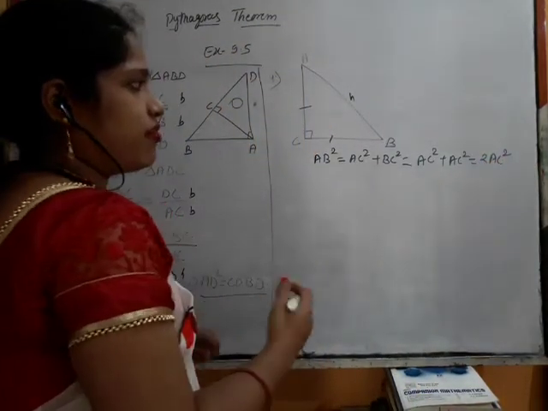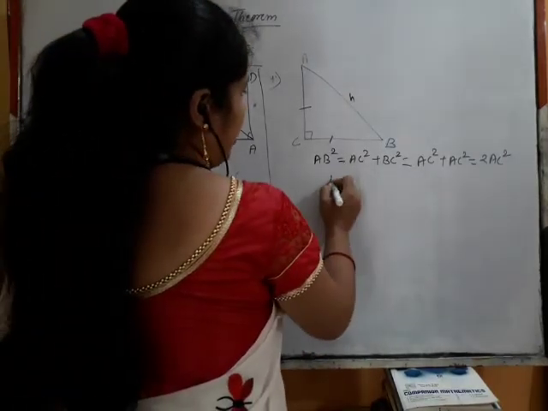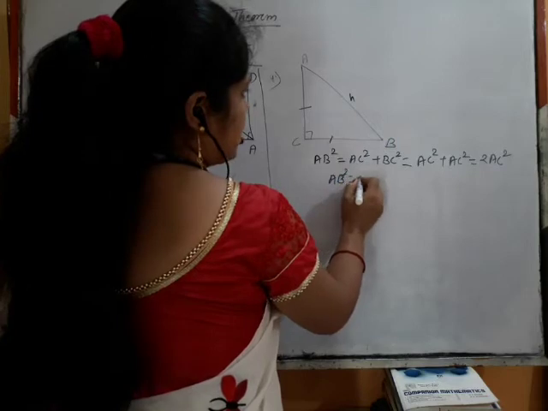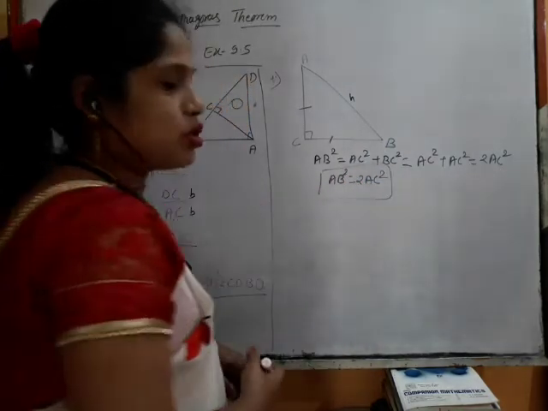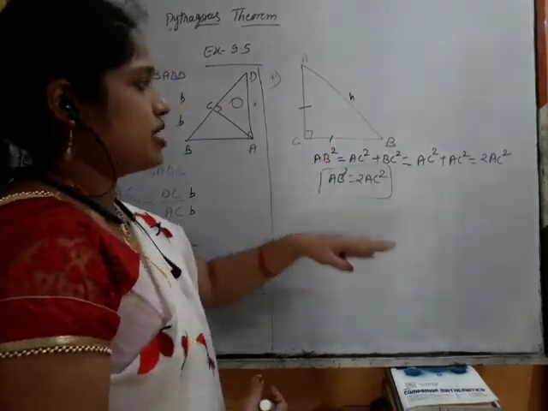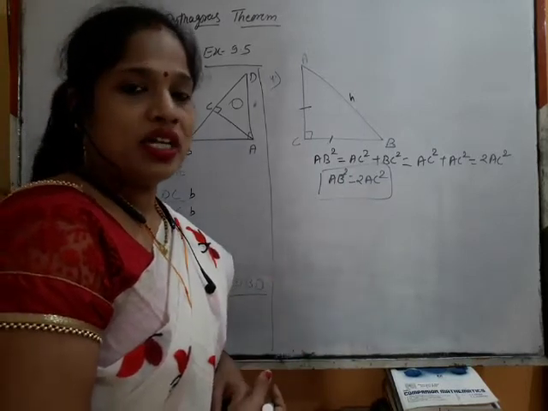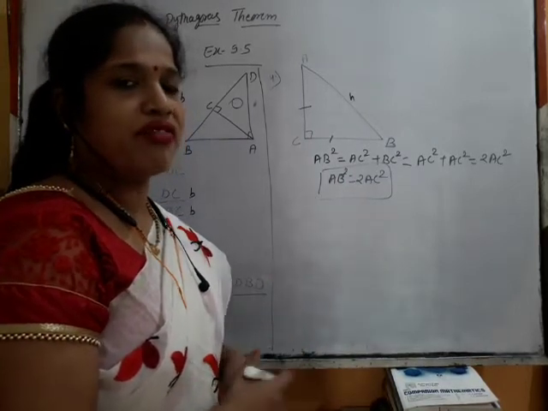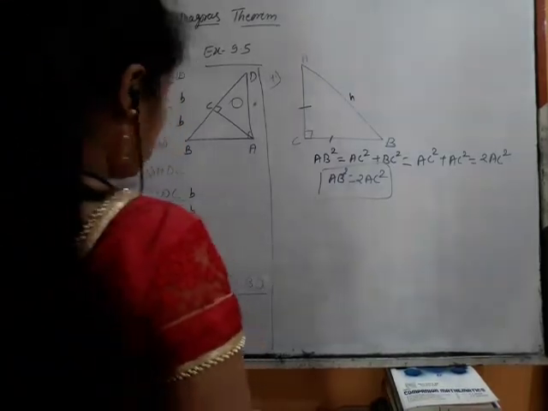Okay. And the question number 5, the converse of it is given. This is given: AB square is equals to twice of AC square. It is given. So twice of AC square is AC square plus AC square. Since AC is equals to BC, so AC square plus BC square, that means it is following the Pythagoras theorem. So by the converse of Pythagoras theorem, we can say that the triangle is right angle triangle. Okay. Now the question number 5.